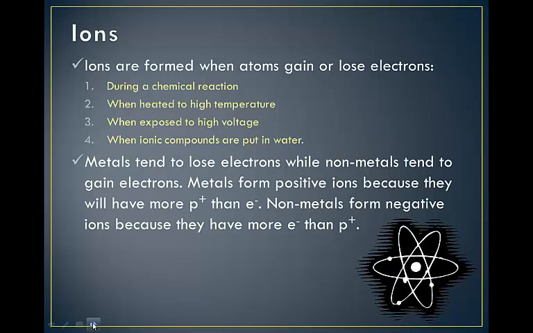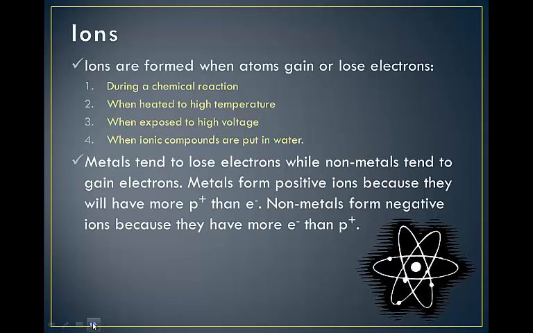Now, metals tend to lose electrons, while nonmetals tend to gain electrons. Because of this, metals form positive ions. They end up with fewer negative electrons than positive protons, and so the remaining charge is positive. Nonmetals have an excess of electrons. They gain negative electrons, so they have more negative electrons than positive protons, and so they end up with an